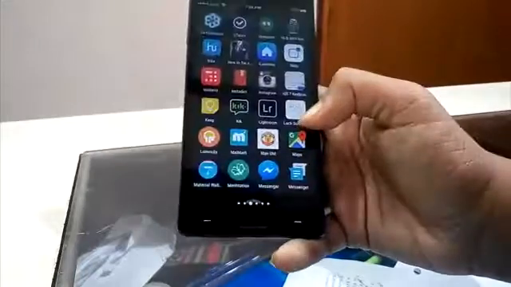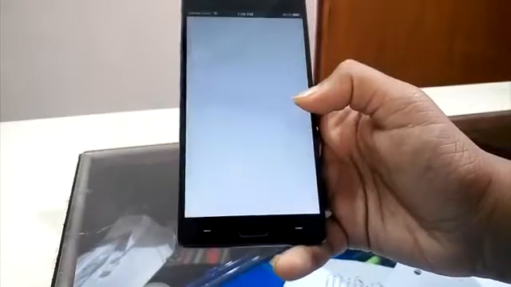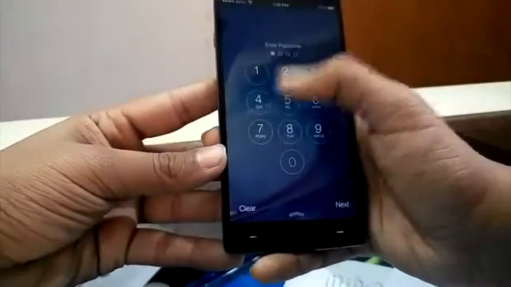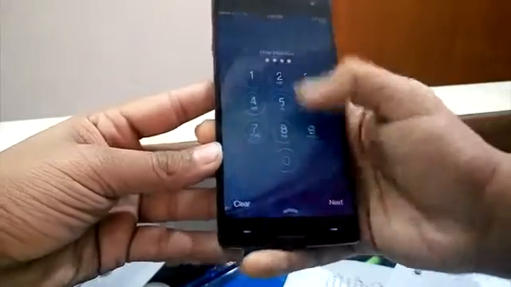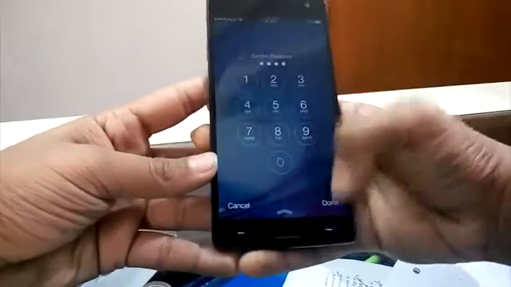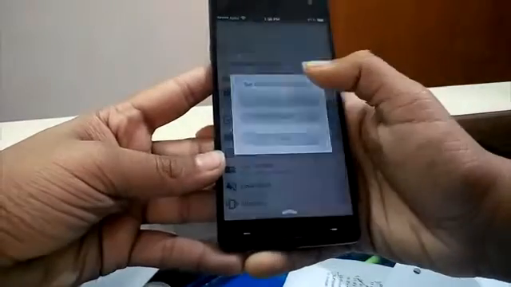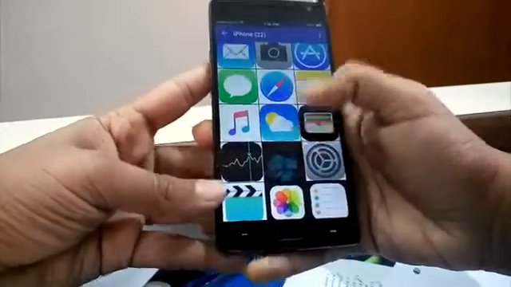Next up we have the lock screen, the iPhone 6's lock screen. Enable it. You can also set a password pin to look exactly like that of the iPhone. You can also change the wallpaper, so I'll change the lock screen to my home screen wallpaper so that they look the same.